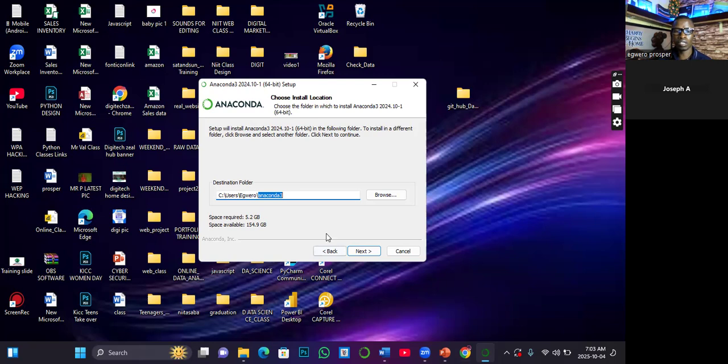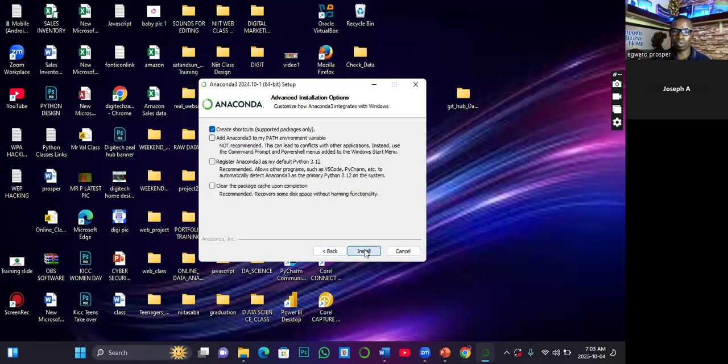So like I was saying, you click on next once you have ensured your directory. Good. This is exactly where I want to explain. Now, if you look at this, it has already selected create shortcuts. Don't go and add any of these options, please. You can see that add Anaconda to my path environment is there, so it's going to install it automatically, not you activating it.